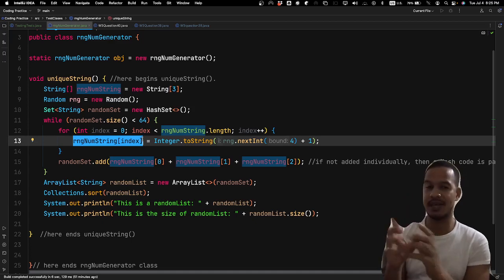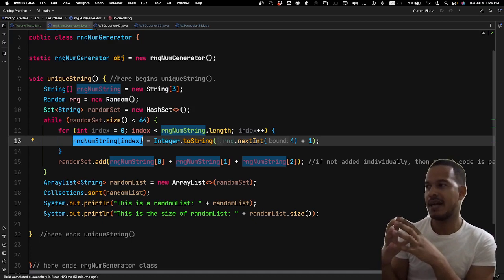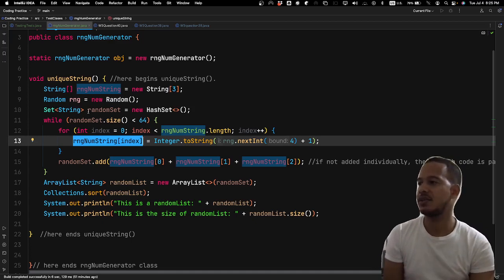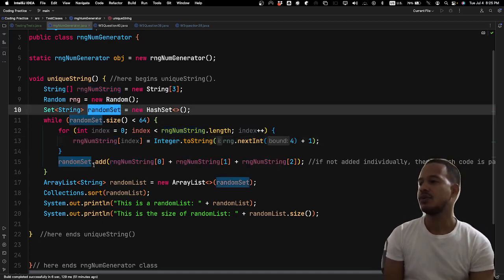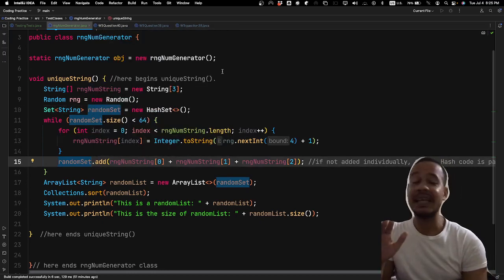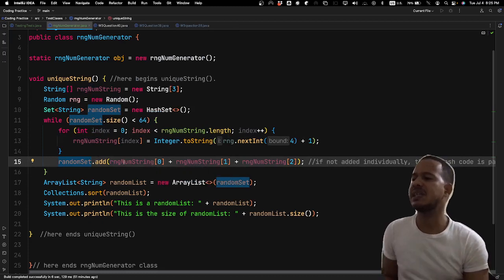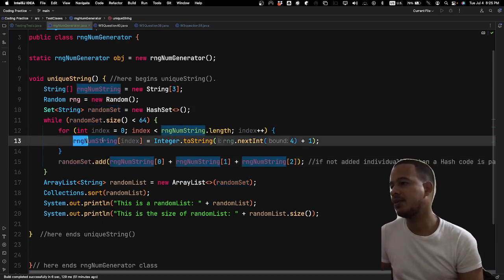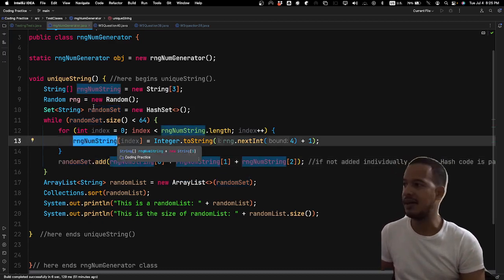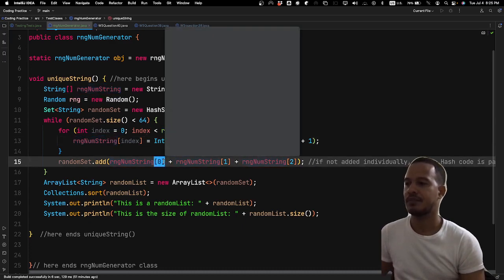This string of arrays is one element within the set, which is called random set. So for the random set, the values it can take can be of any type, including strings. So a string of 3 numbers can be added here. Now, as you can see, instead of just adding the random string array of string, I am adding the elements